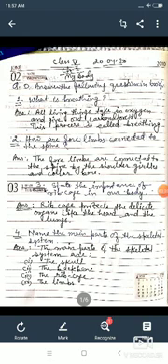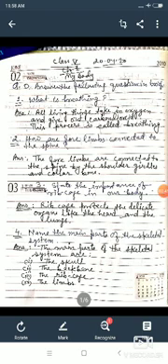So first question is, what is breathing? So we will write, all living things take in oxygen and give out carbon dioxide. This process is called breathing. I am repeating it again. All living things take in oxygen and give out carbon dioxide. This process is called what? Breathing. Okay.